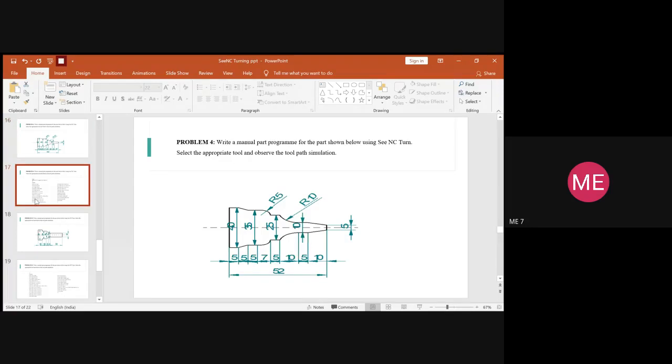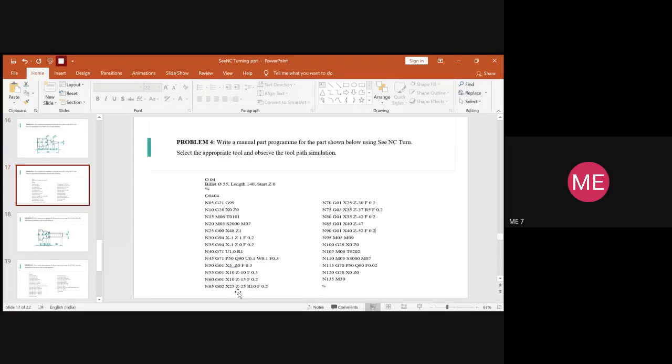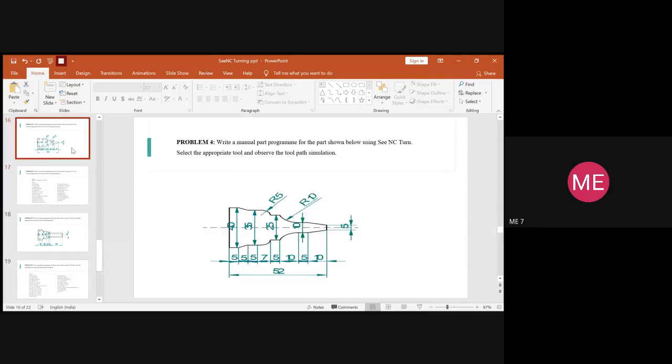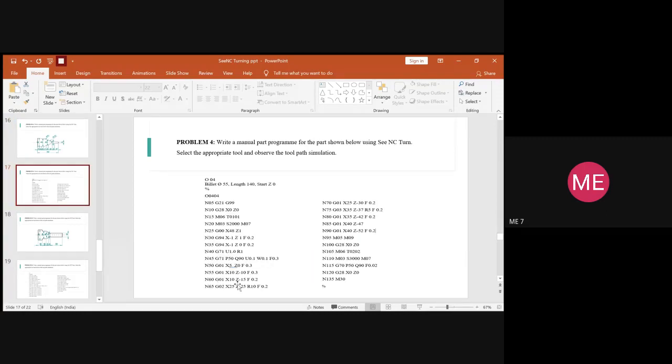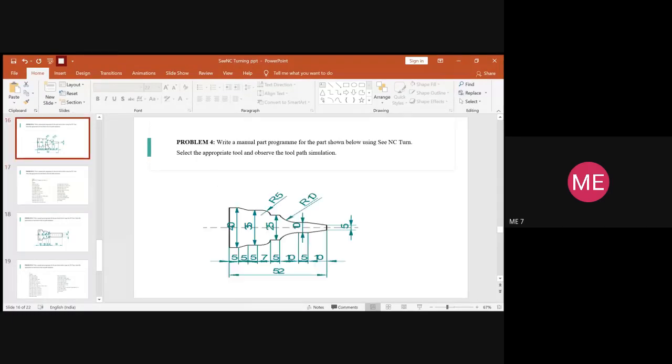And Z is minus 10, minus 5, minus 10. So it is minus 25. So we'll write Z is equal to minus 25. And the radius for the circular interpolation is given in the question as 10. So you will type the same value, 10, then you will write the feed rate value. So this is achieved. After circular interpolation, now we have to see what is there in the given pattern.